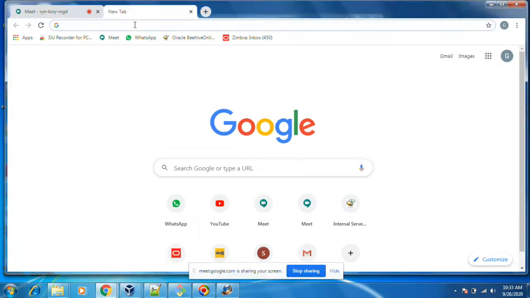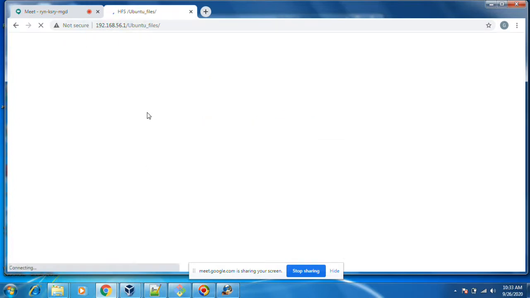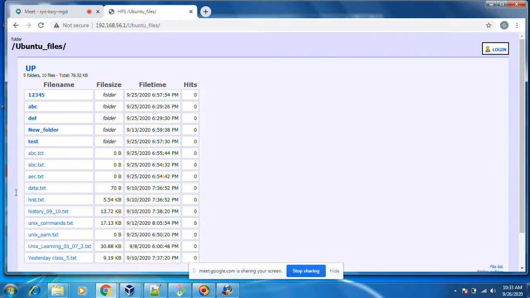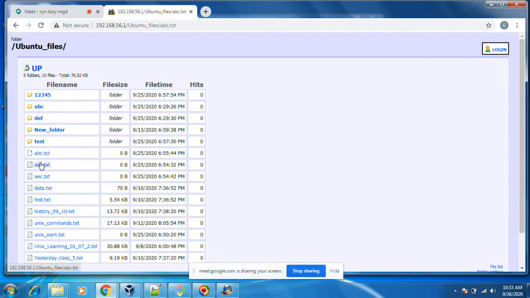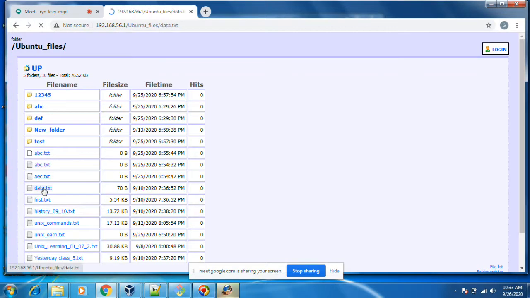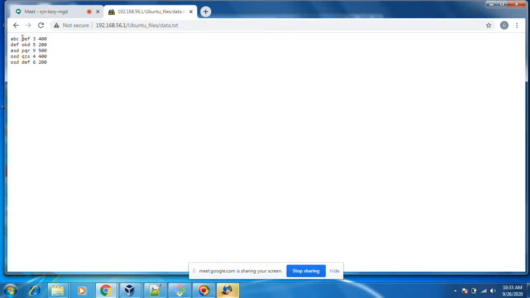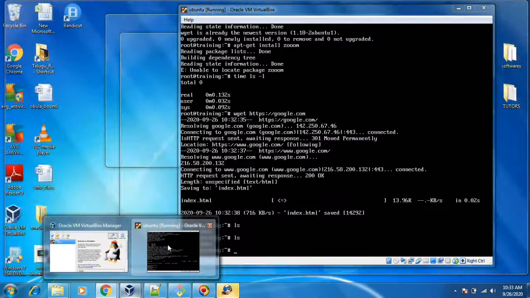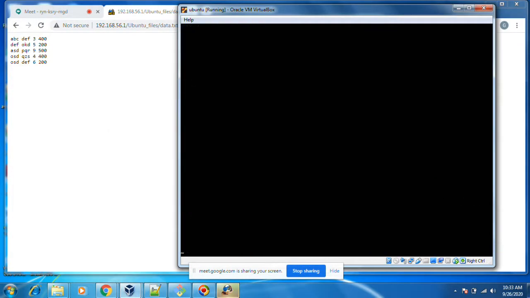Yeah, to download the files, I see all the files that are present in this folder. I want to download this abc.txt. Nothing is there. Let's see some data. At least I will try to download this file. Through wget, I am downloading this file to this place. You need to give the full path. What is the path present?